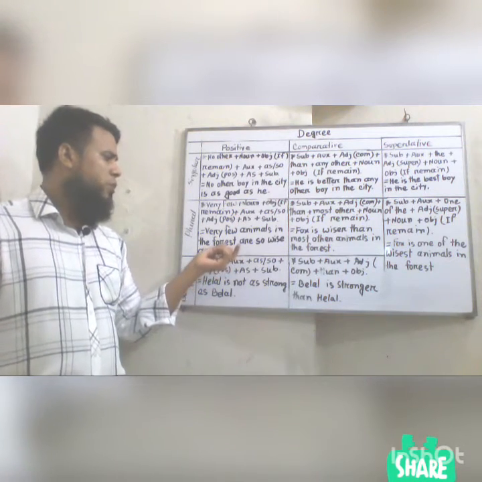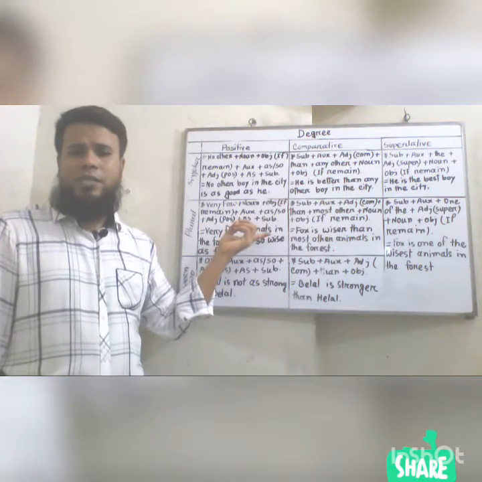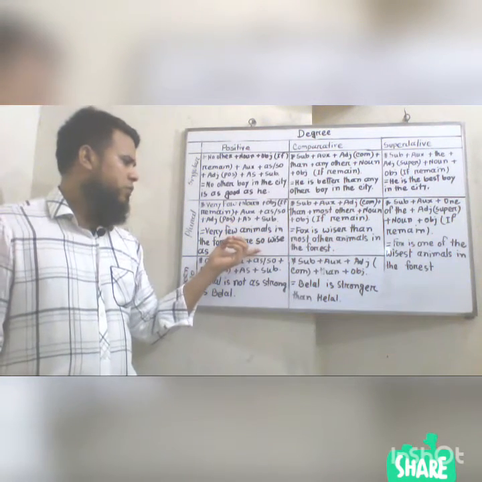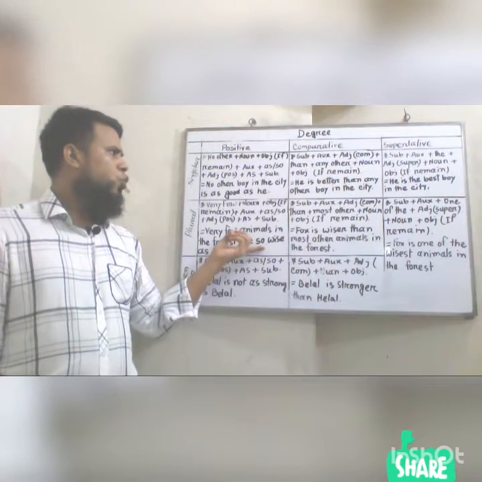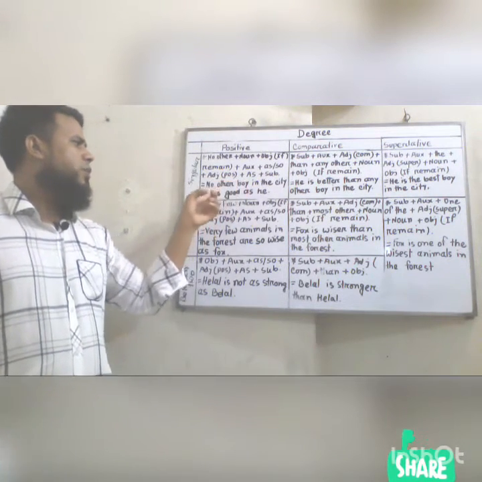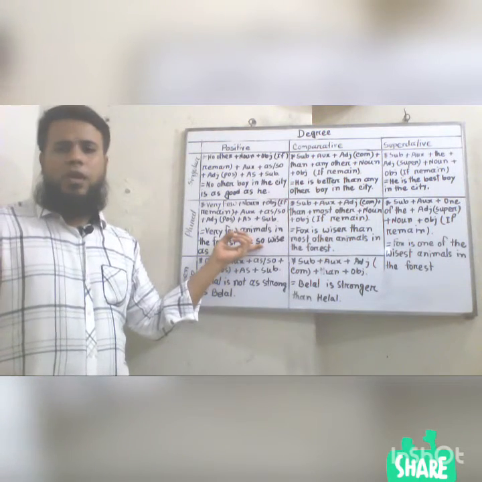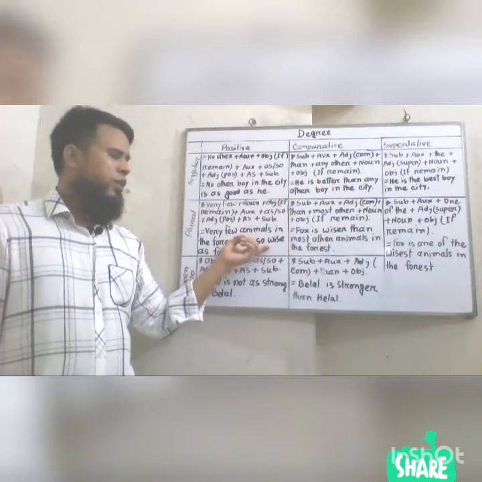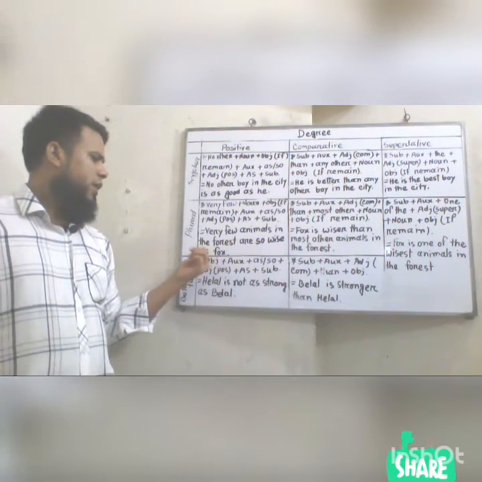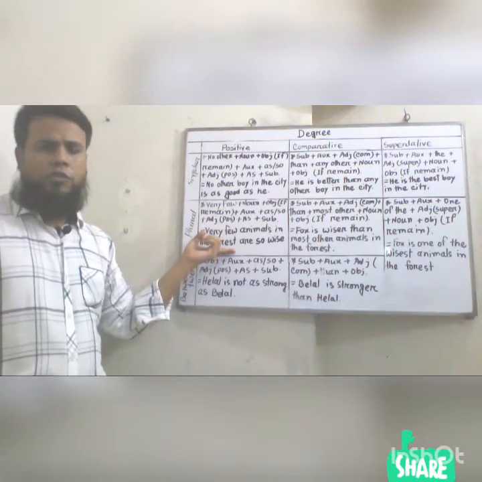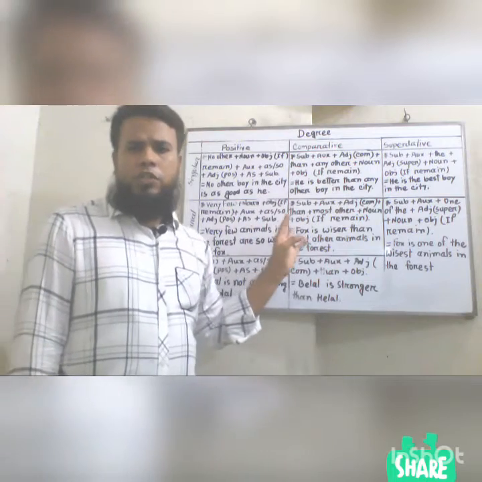Here we have to remember that very few means plural form. Here animals is a noun in plural form. So I have used are, and then so. Here we have used as, and this time I have used so, and then adjective positive form wise, and as, final subject fox.